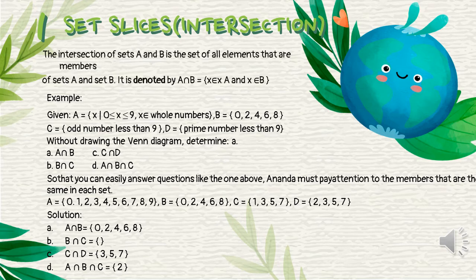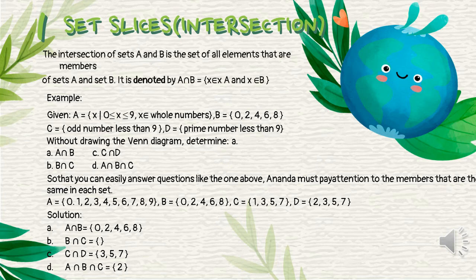D = {prime numbers less than 9}. Without drawing the Venn diagram, determine A ∩ B, B ∩ C, C ∩ D, and A ∩ B ∩ C. So that you can easily answer a question like the one above,